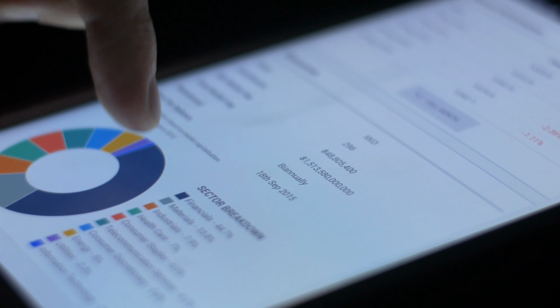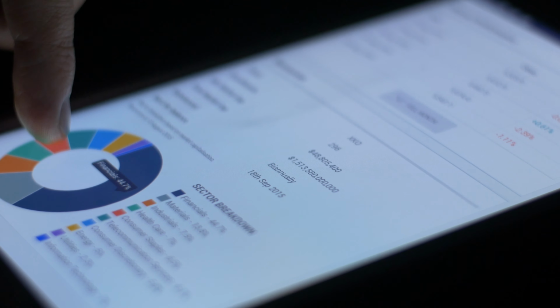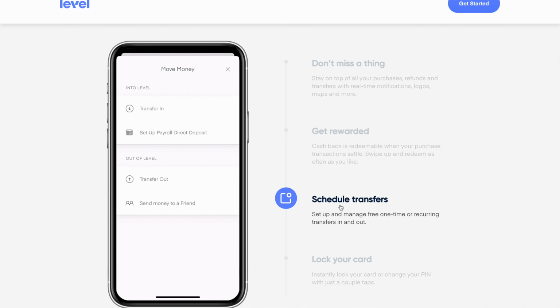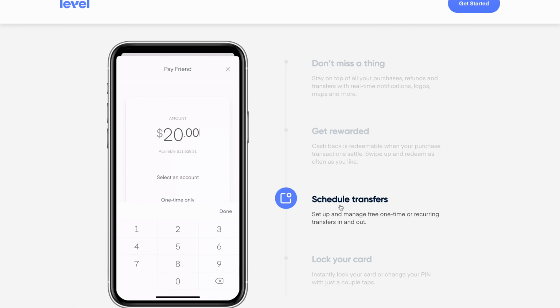Now, that aside, until Level Bank adds some of those other financial tools like CDs or maybe some budgeting features as well, I don't think it would be my personal choice, but for someone looking for a really simple bank account, those benefits that we talked about are really tough to beat. So if you just need a mobile bank, then definitely check this out, but if you want a more comprehensive financial tool that allows you to save, borrow, and invest your money under one umbrella, then I would still stick with something like SoFi,